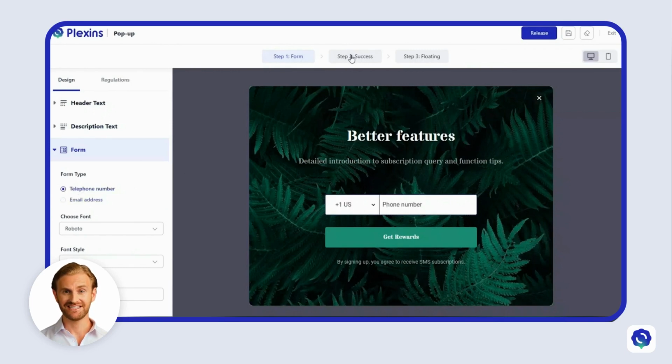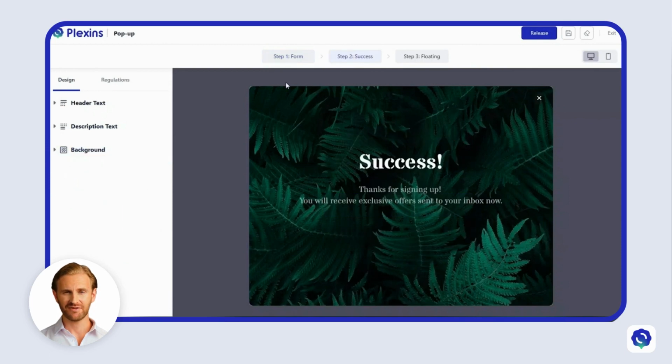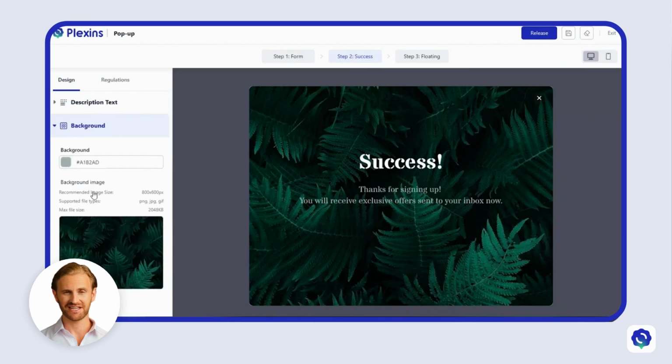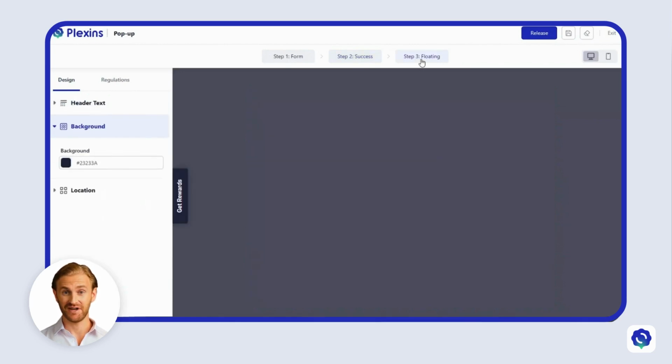The second part is the thank you page, after the customer fills in the information to subscribe to the store. Then choose a photo that matches our brand to replace the background or picture. The third part is that when the customer closes the pop-up window, it can be activated again through the floating